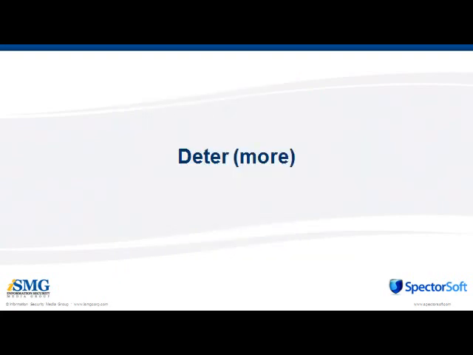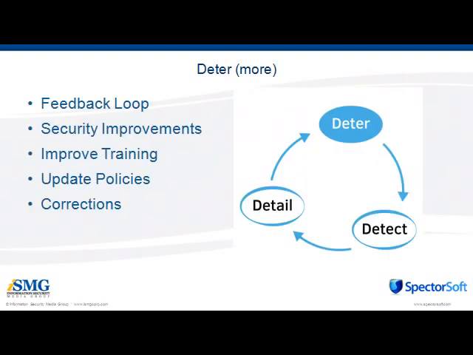This brings us back to deter. We take what we learned during detection and from the detailed information to further improve our deterrence efforts. Remember the SANS Institute list and their last step, which was lessons learned? You want to make recommendations for better future response and for preventing a recurrence. You want to make any necessary corrections to your training process or company policies. Think about that golf swing coach using that video playback to make improvements.